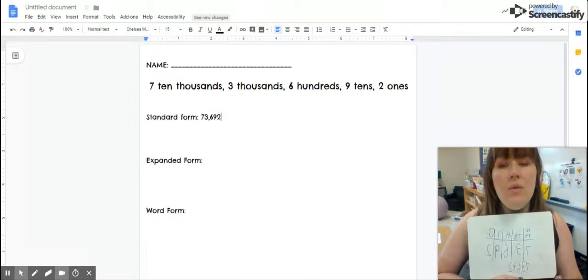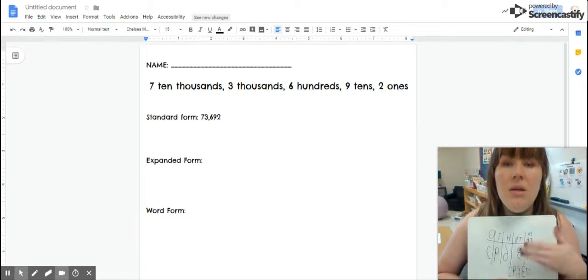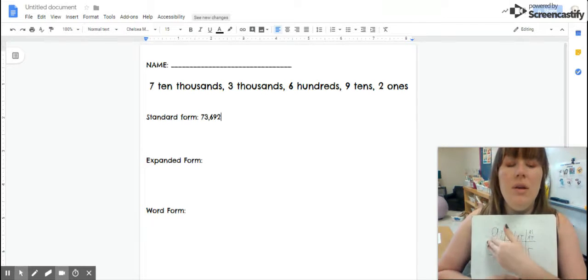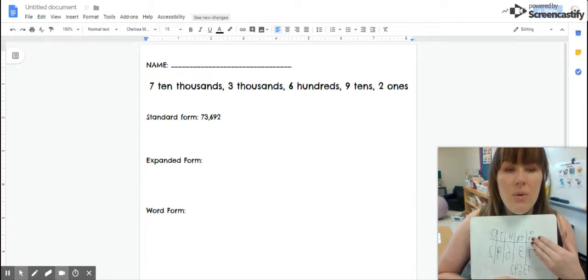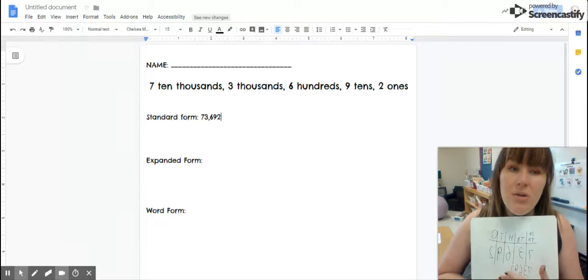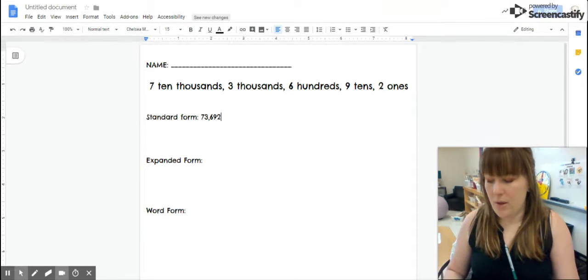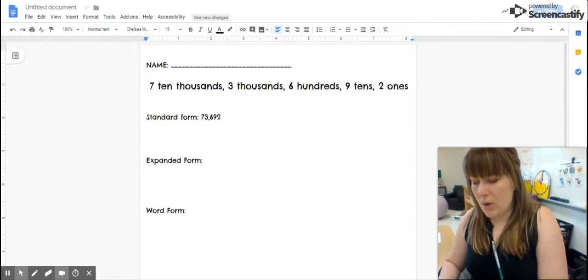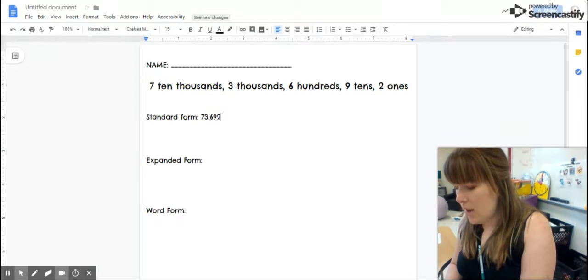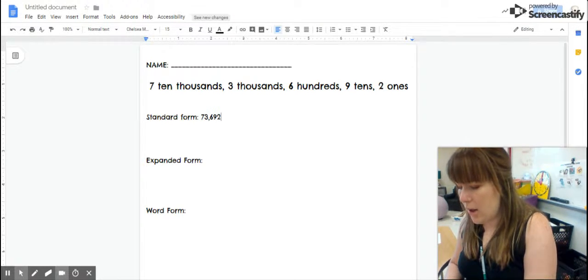Now for expanded form, as you remember, expanded form talks about the value of each number in my place value chart. So I'm actually going to show you a strategy that might help you with expanded form if you're struggling. I'm going to erase my place value chart really quick and put it up on the top of my board, but you don't have to erase yours. I want you to leave yours up there. I'm just going to transfer mine to the top of the board so that I have more room to show you the strategy that will help you